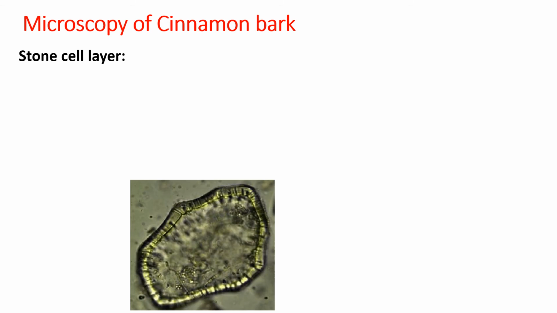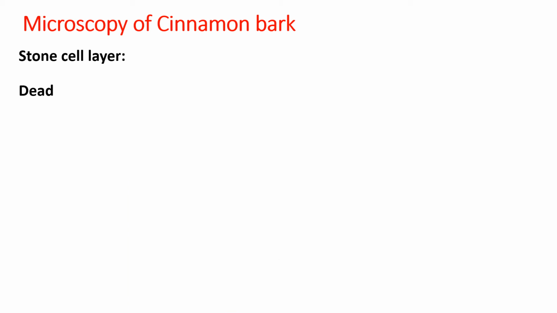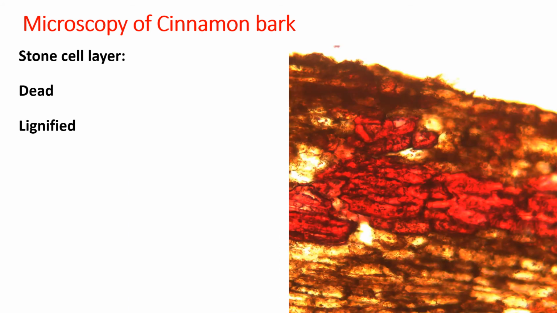You can see here a single stone cell. I have zoomed it and you can see the stone cell, the periphery, and again this is unlignified. Oh, sorry, unstained. Next, after staining, once you stain it with the dye phloroglucinol HCl, it stains specifically the stone cells into pink color. So you can make out which are the stone cells and which are not.